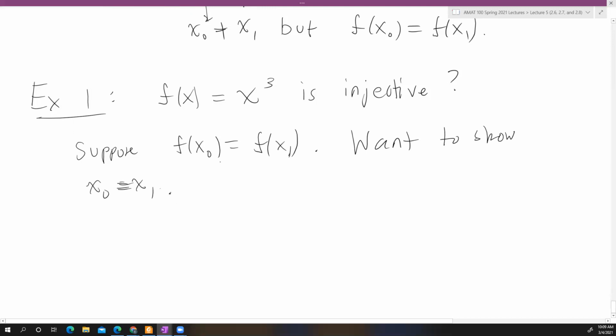We need to establish that. We want to show that if this is the case, then it implies that this is the case. That is, if the images are the same, it implies that the 2 points are the same. Well,